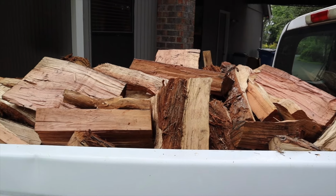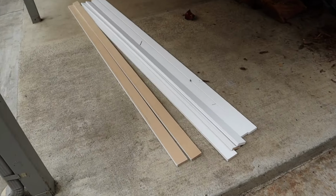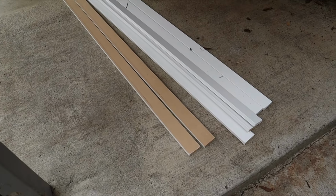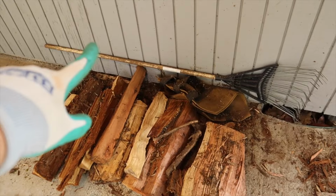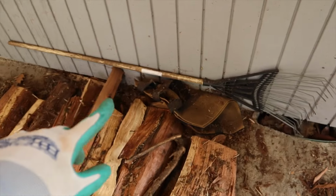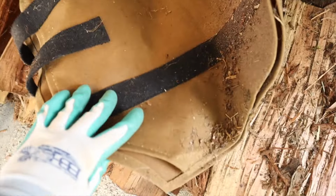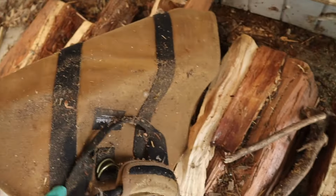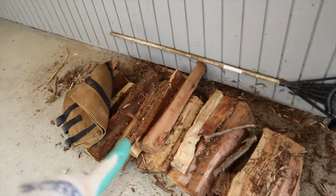I think that is as full as I want to fill it, which means I didn't get the trim in, and that's okay because he's got other stuff he can work on in the meantime. And I found our rake that was hiding behind it, and Josh was looking for this all winter. It's a bag, like a canvas bag that you use to bring wood in, and that was also tucked behind the wood, so I'm glad I found that. Even though this isn't very much,